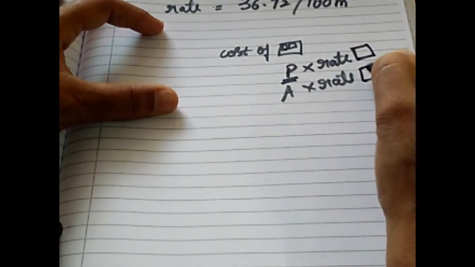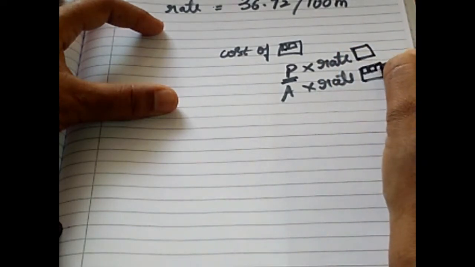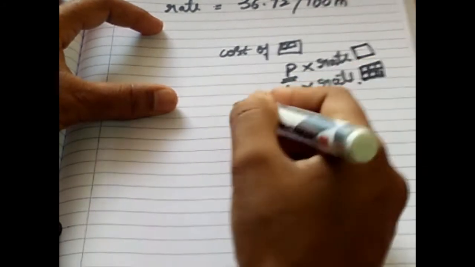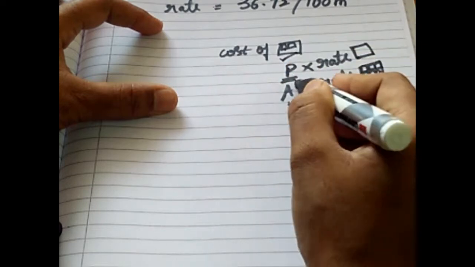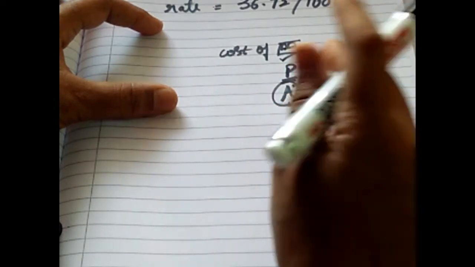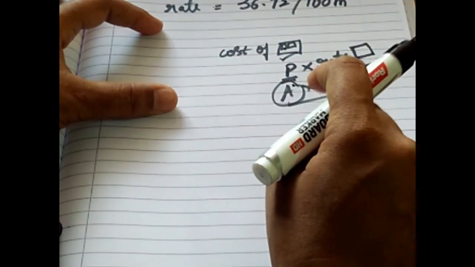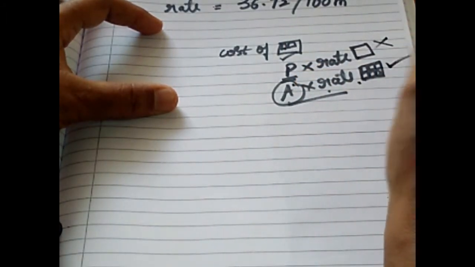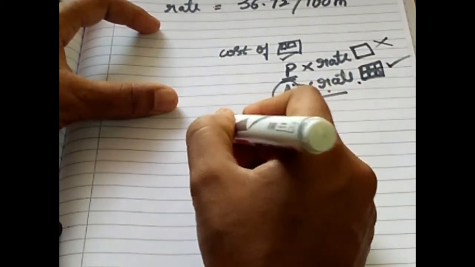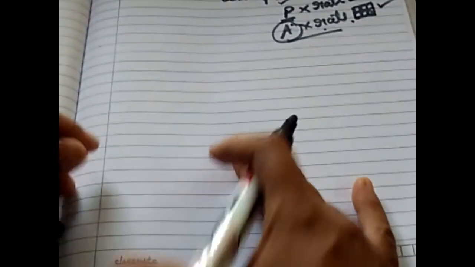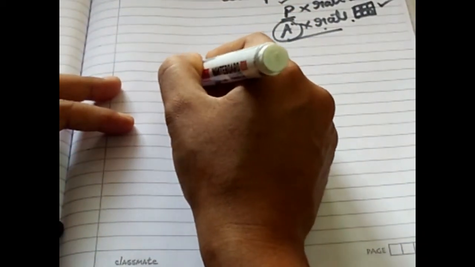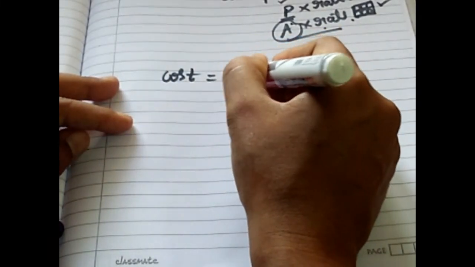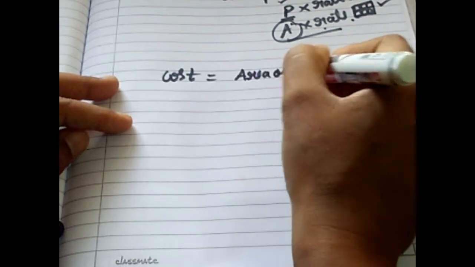If the same area has to be tiled, then it is area into rate. Here the problem is the cost of cultivating the field, so I cannot take perimeter, I need to take area. So the first formula says, cost of cultivating a field is area of triangle